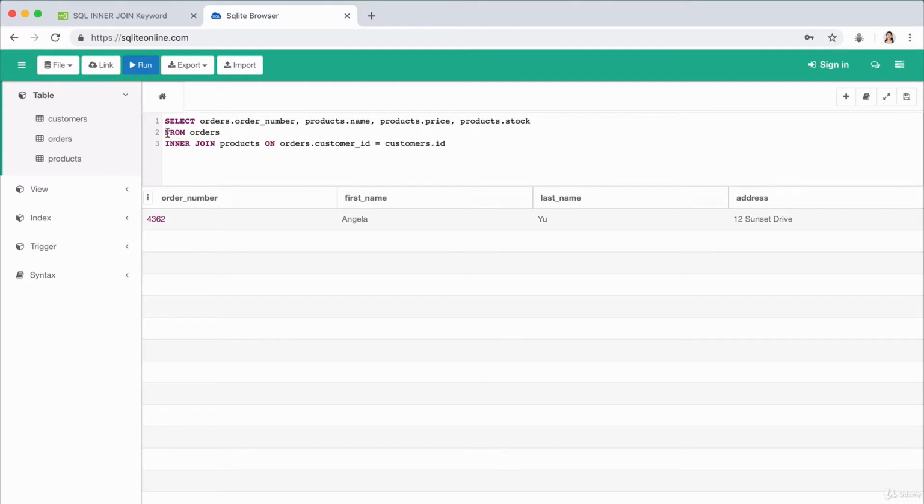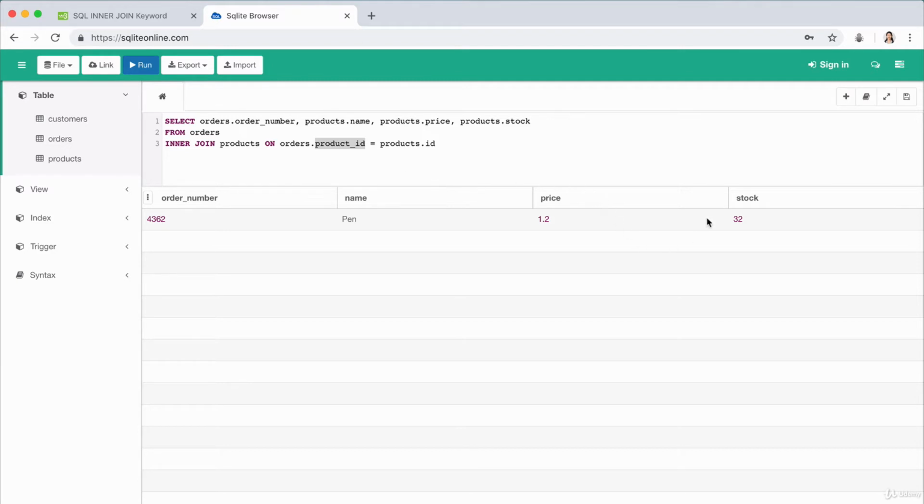And we're joining from the foreign keys in the orders table. We're performing an inner join, and we're joining it to the products table. And the fields that have to match are orders.product_id, and in the products table, the field is simply called id. So products, with an S, is the name of our table, as you can see here. And it has a field called id, which will match with the foreign key in our orders table called product_id. So now if we hit run, you can see we get the order number, but we now join the